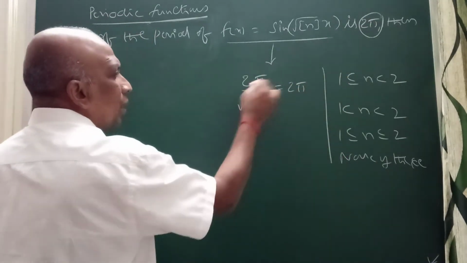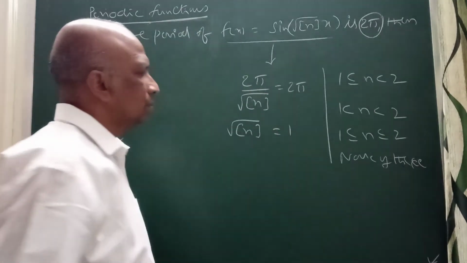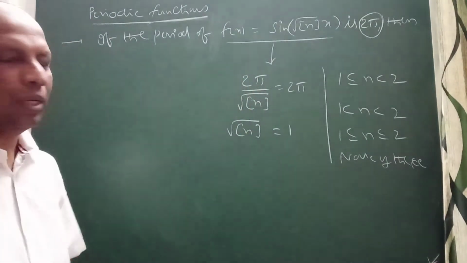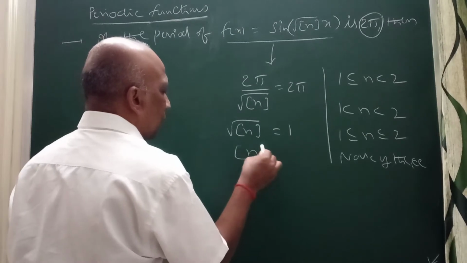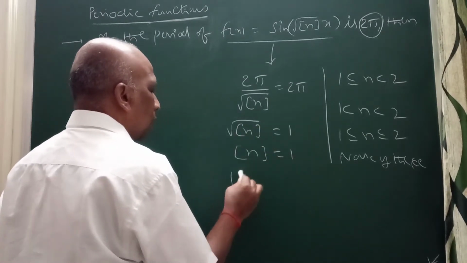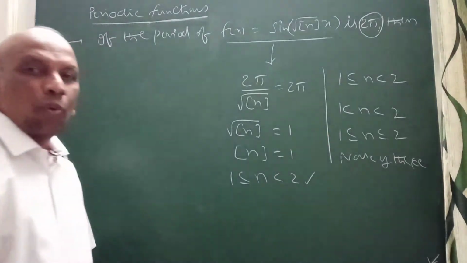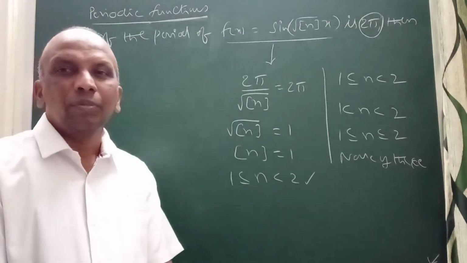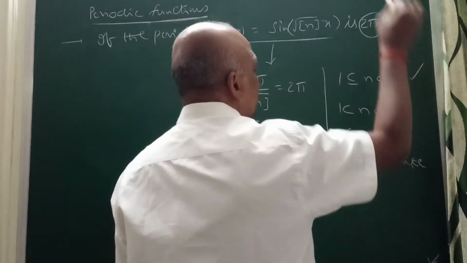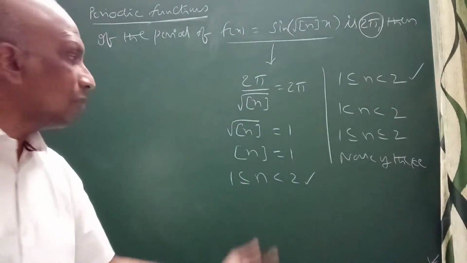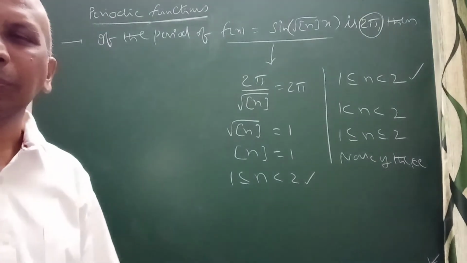Right. Then what is the meaning here? Root of step n is equal to 1, right? The meaning is this value is equal to 1. When the step function of n is equal to 1, what is the meaning of n? 1 less than or equal to n less than 2. Correct? That will be your answer. n lies between 1 and 2. So this will be your answer. We can decide about the n value. It lies between these two: 1 less than or equal to n less than 2.